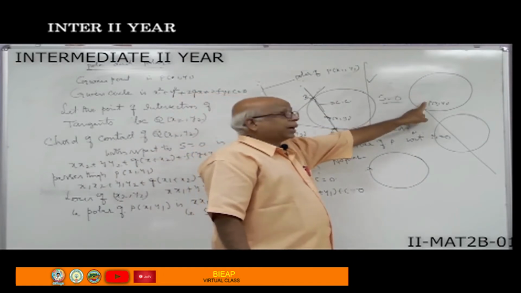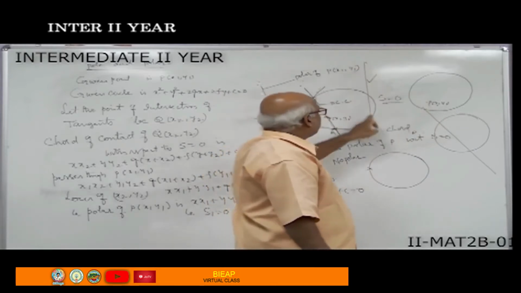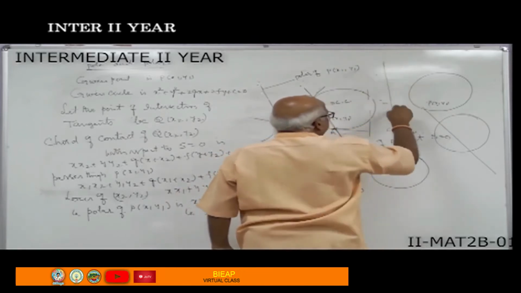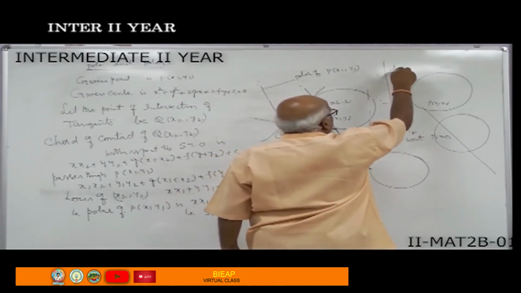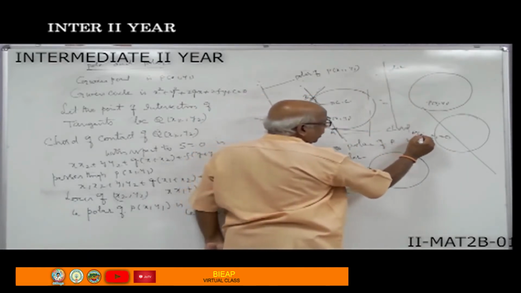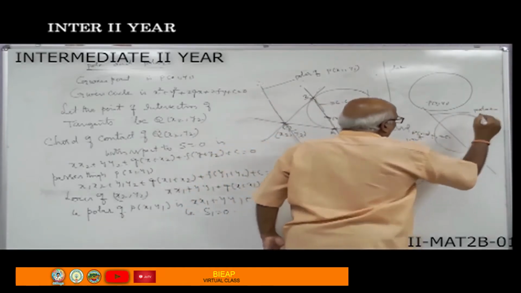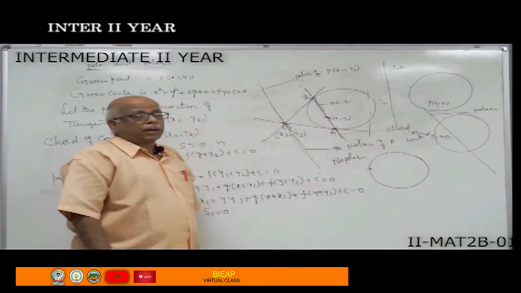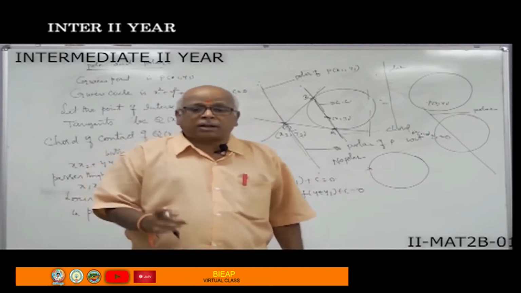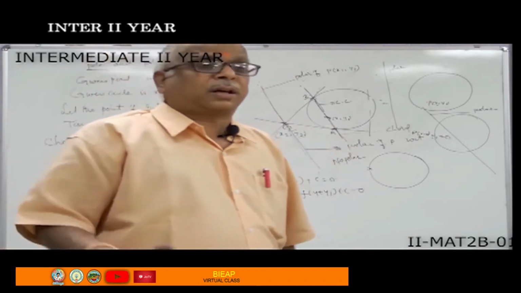Suppose the point lies inside the circle. Definitely its polar will be outside of it. In a clear way, here you can draw the polar. Suppose the point x1, y1 lies outside the circle, here. This is the polar. Suppose the point lies on the circle. At this point, the polar, tangent, and chord of contact all the three will coincide with each other.